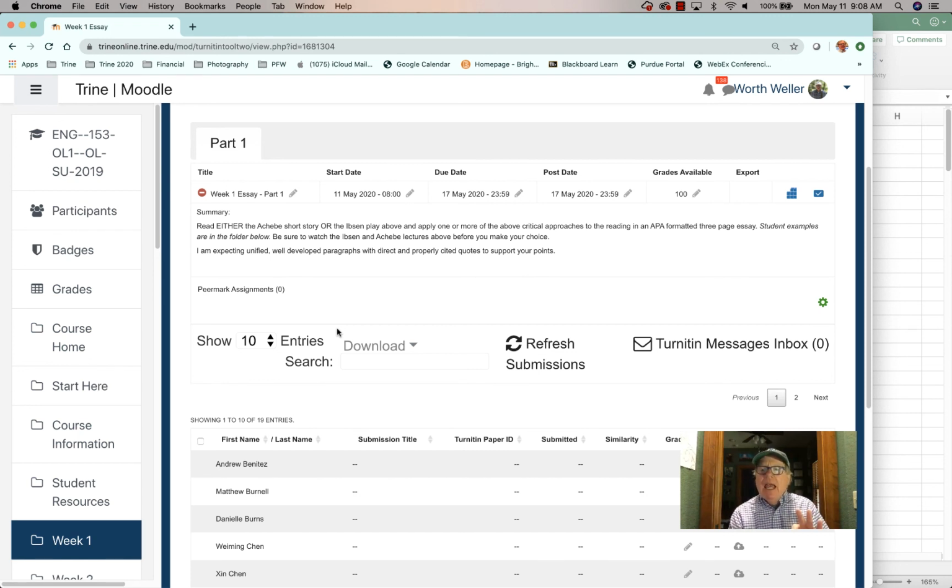And then I want you to use direct quotes. I do provide a student example, so please look at that. I also provide a rubric telling you how I'm going to grade it, so please look at that. And I'm looking for direct quotes. The purpose of direct quotes, where you lift the material right from the author, is not to make your points, but to illustrate your points, to show the reader, which in this case is me, how you arrived at the point you're trying to make. So the direct quotes are very, very important.